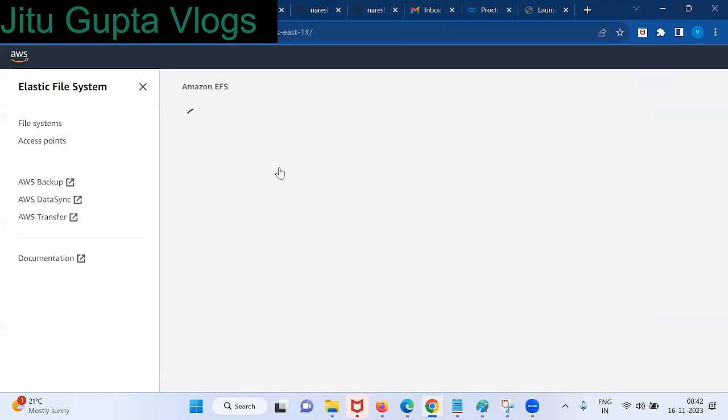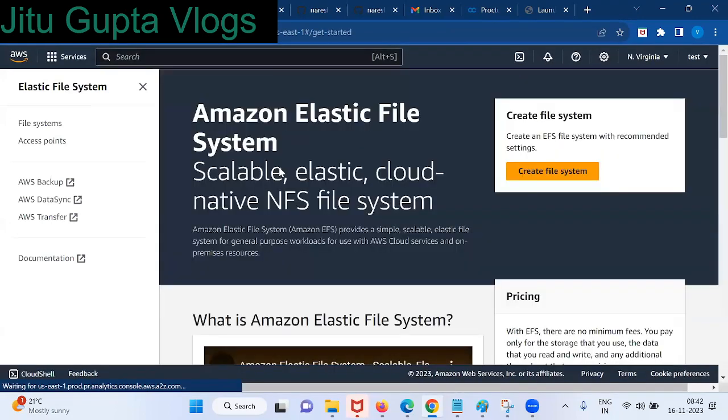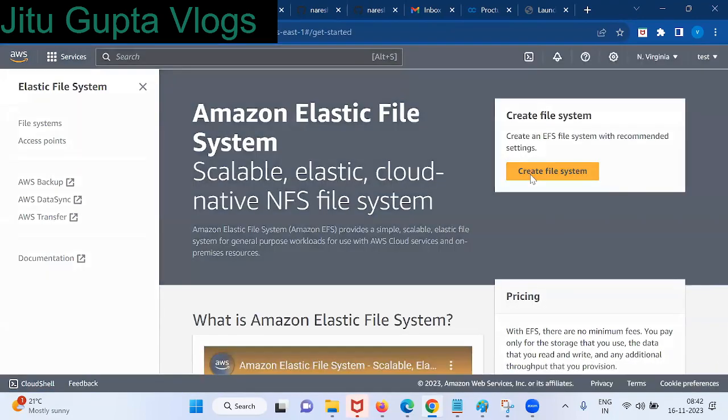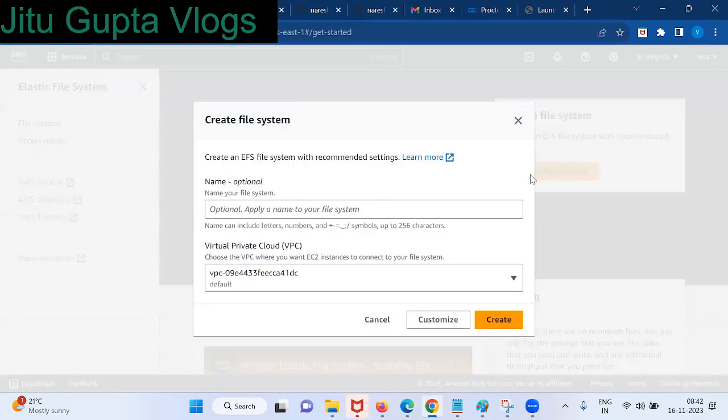The only difference is that it's a storage volume. We can attach to multiple file systems. So first, create a file system. If you can see,